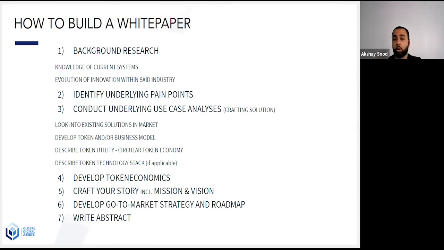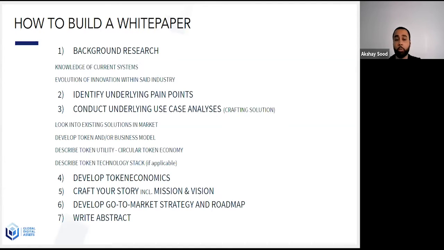And then after that is describing a technology stack. So whether your token is built on ERC20, or it's built on a newer novel blockchain like Matic, or it's built on EOS or any of these other networks, for example. You describe those, but the fourth step is really just putting the nail on the solution. You've already identified all the solutions that you can go to market with, and you are now finalizing the use cases that are going to solve the underlying pain points.